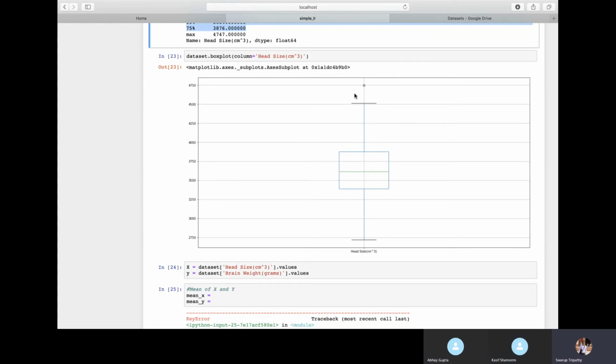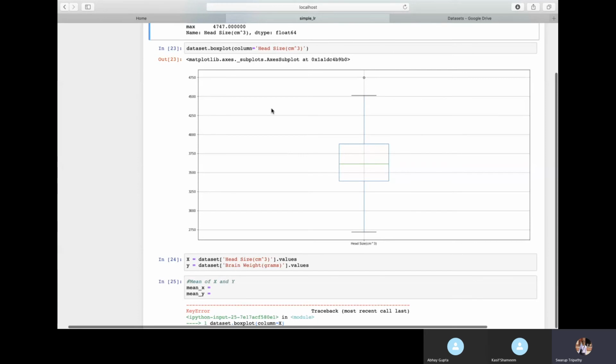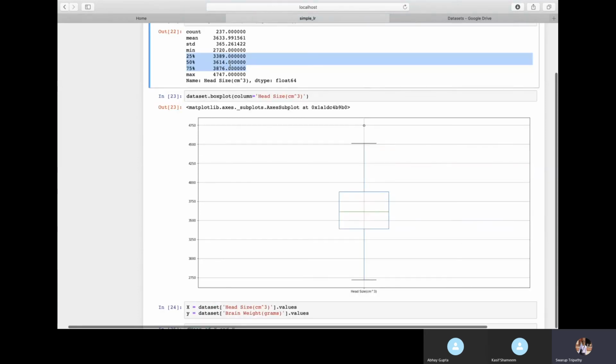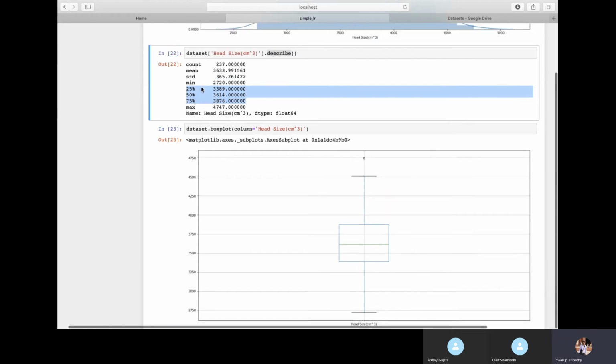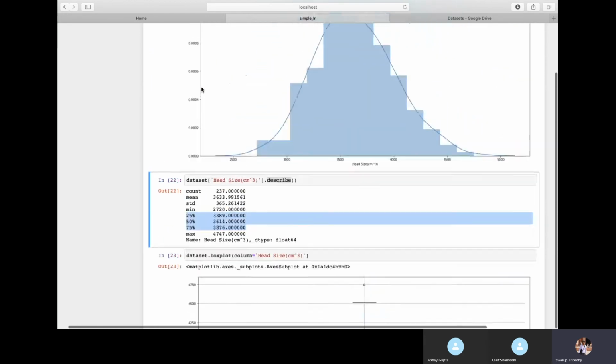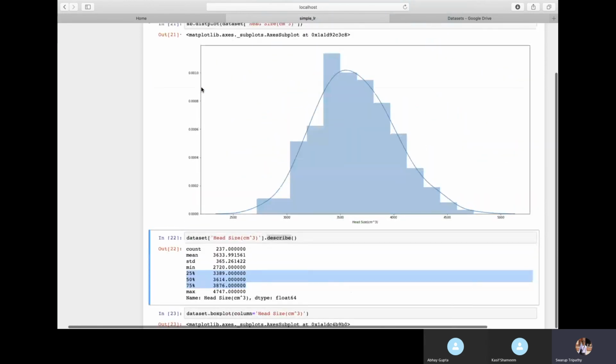Next, so we analyzed our data and we figured out a bit of information about this, saying okay, we have some outlier. We understood by plotting the data, and we saw that there is a close relationship from 3389 to 3876. So this is the size of head which we are going to come across most of the time. Like most of the people will be having this kind of head size as compared to the one outlier, 4747, within the data.